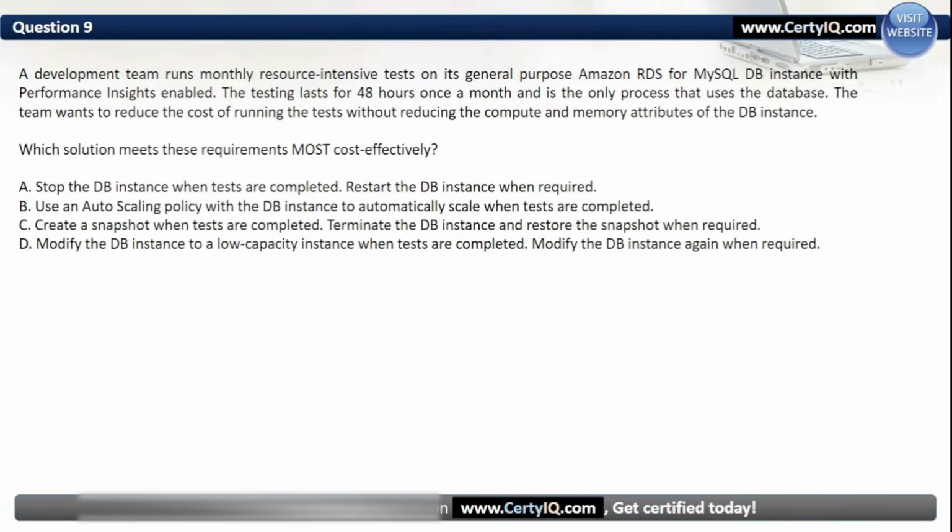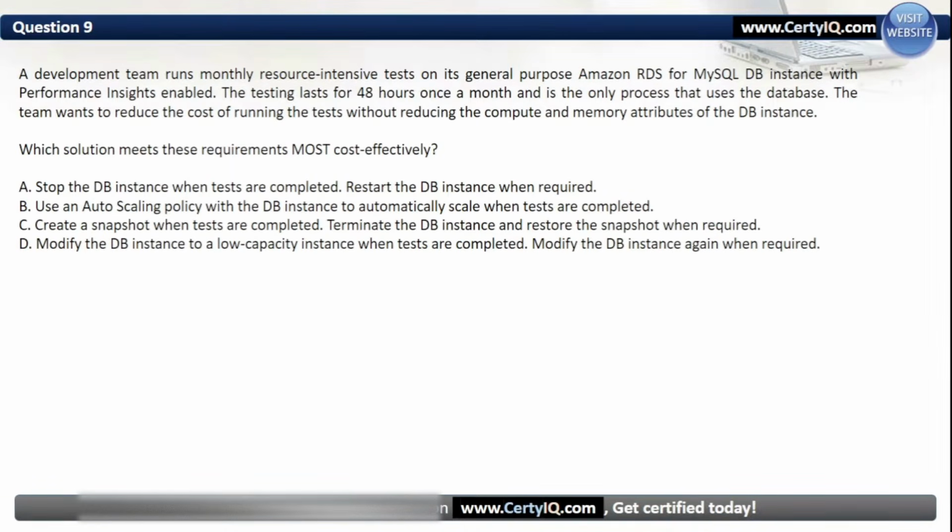Question 9. A development team runs monthly resource-intensive tests on its general-purpose Amazon RDS for MySQL DB instance with Performance Insights enabled. The testing lasts for 48 hours once a month and is the only process that uses the database. The team wants to reduce the cost of running the test without reducing the compute and memory attributes of the DB instance. Which solution meets these requirements